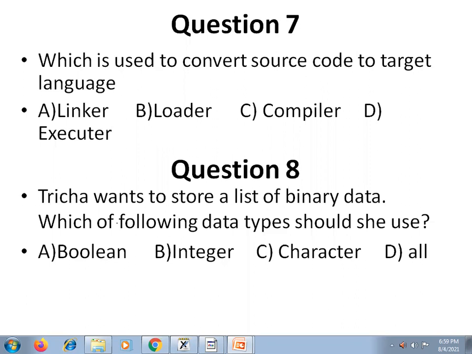Next, we'll move on to question number 8. Chetricha wants to store a list of binary data. Which of the following data types should she use? Boolean, integer, character, all.